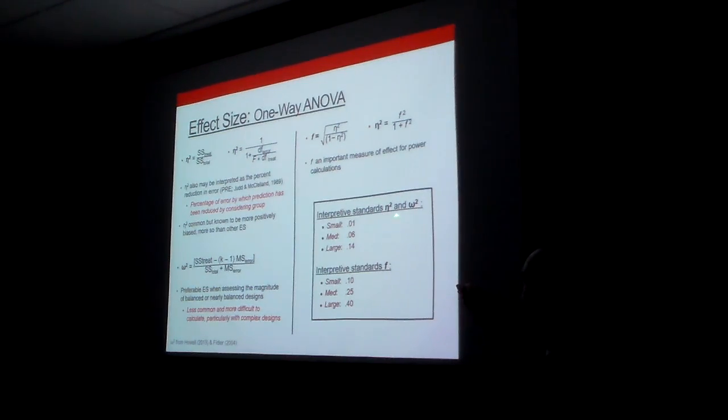Okay. So again, interpretive standards for eta squared and omega squared: small, medium, large. F is a little bit different: small, medium, large. For your write-ups, think about using omega squared and recognizing the difference between eta squared and omega squared in terms of interpretation and function. Yes? Could you report F in addition to omega squared, or would you pick one or the other? Yeah, what you should probably do is report enough information so that if someone wanted to calculate F, they could. But in terms of a functional interpretation of an effect size, omega squared is going to be your best bet for a